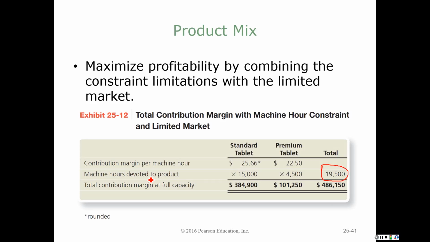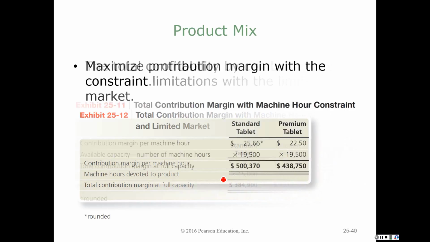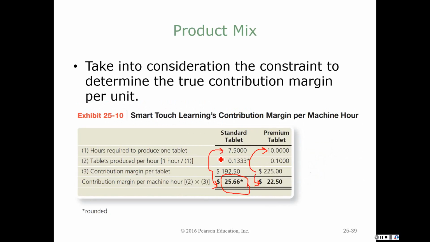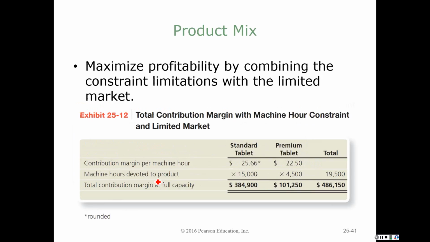Well, they've estimated that it would take 15,000 hours to manufacture 2,000 tablets. Where did they come up with that? Let's back up and I can show you. If it takes 7.5 hours for the standard tablets, 7.5 hours for the 2,000 tablets that we're talking about in our new alternative, 2,000 times 7.5 gives you our 15,000 hours. So if the market could only handle 2,000 of our standard tablets, once again, then 2,000 tablets at 7.5 hours each uses up 15,000 of my 19,500